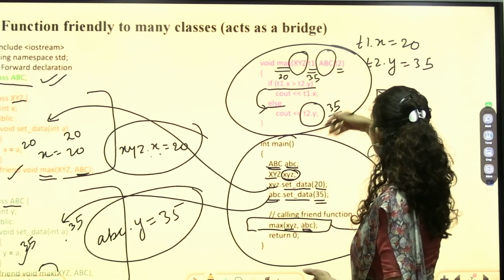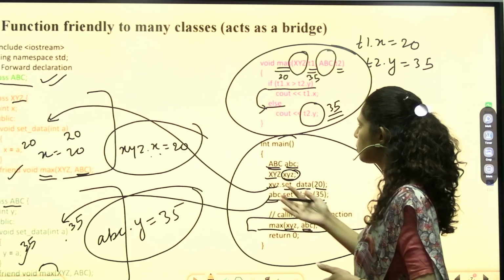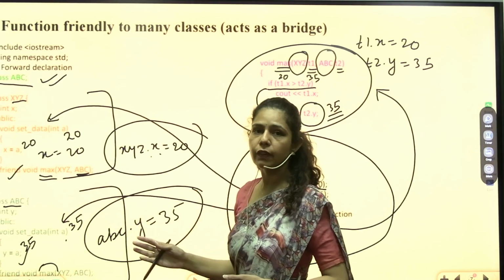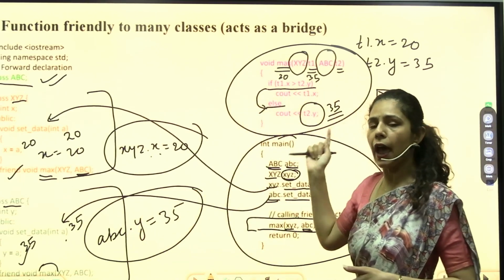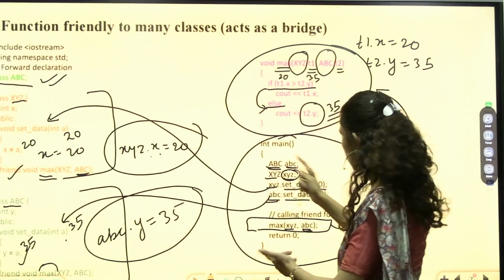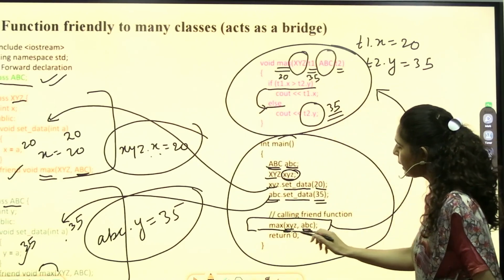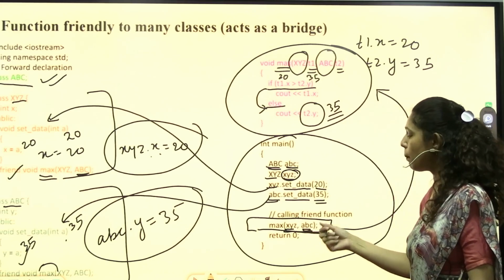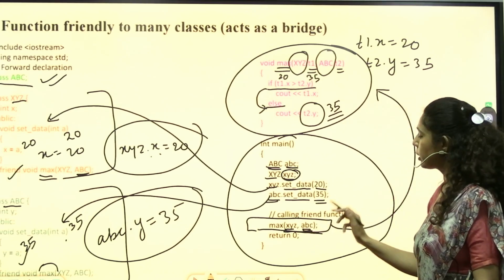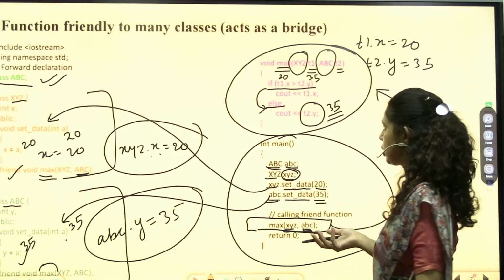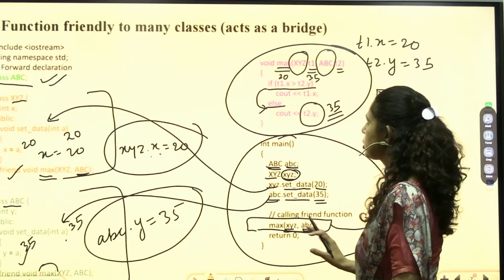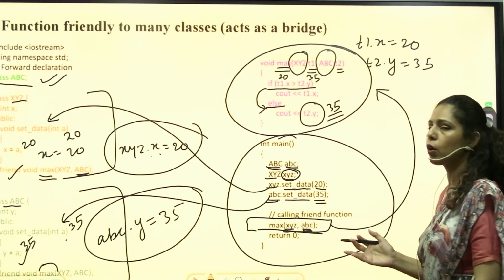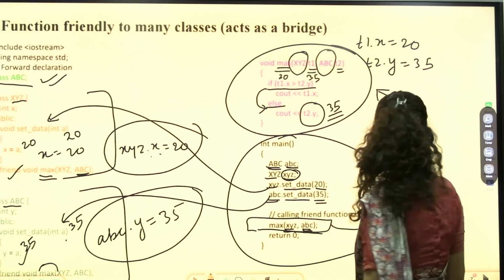So these two values, where did they come from? The first value came from here, and the second value came from another class. That's why we can use this friend function as a bridge between these two classes, because this friend function is carrying two objects from two different classes. So it is carrying values from both the classes. Okay, so that's why it is acting as a bridge between these two classes. So this is how this program will work, as a bridge between two classes. So this is also one of the functionalities of a friend function.